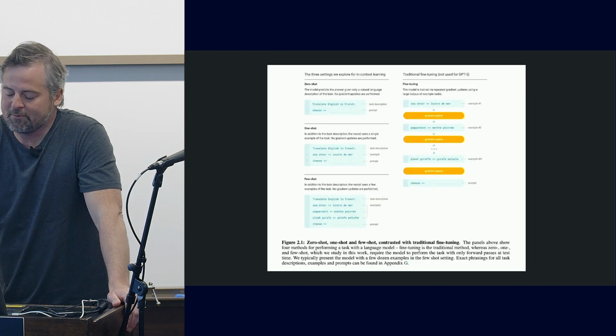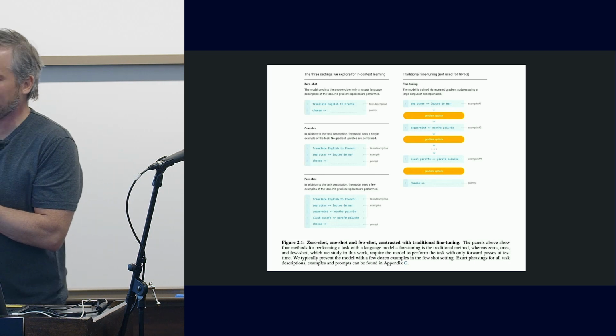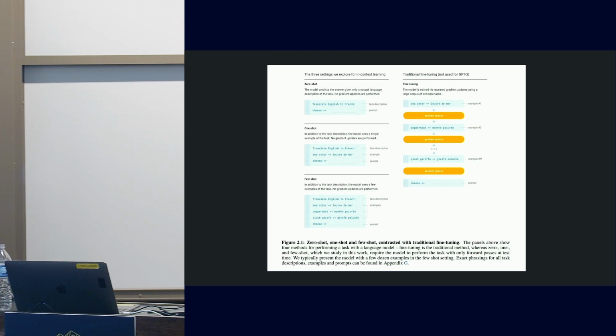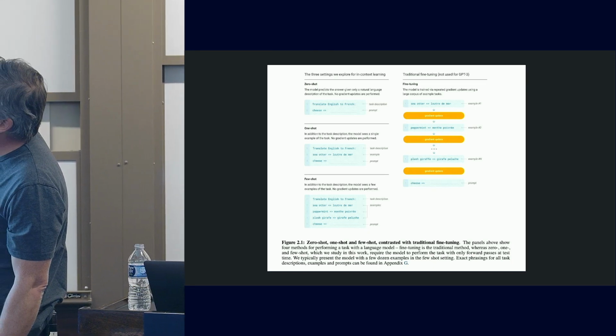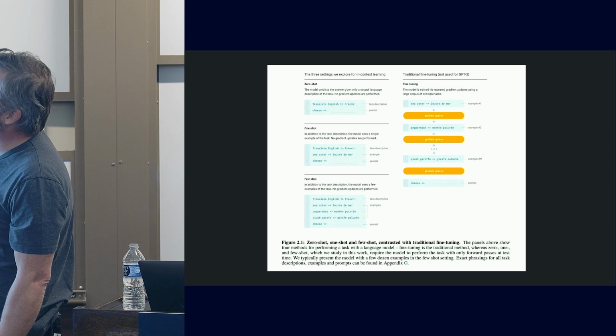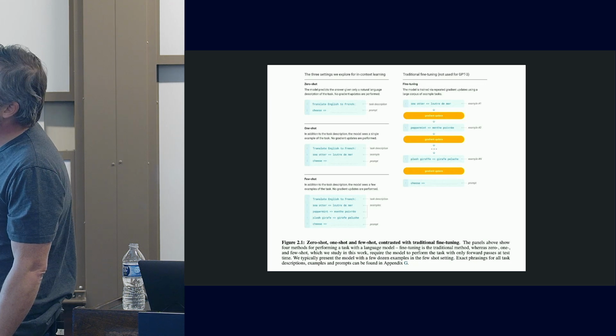So the second observation that's important for these particular models is this few-shot learning case. And here's what few-shot learning is saying. In a traditional world, there's something called zero-shot, which means you have an objective like translate from English to French, and then you get cheese. That's the prompt, and you're saying, given this prompt, just do the task, okay?